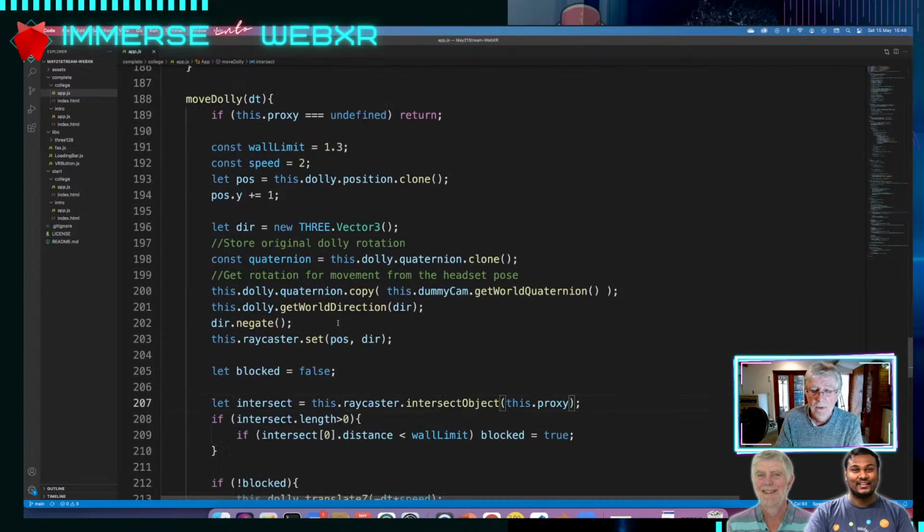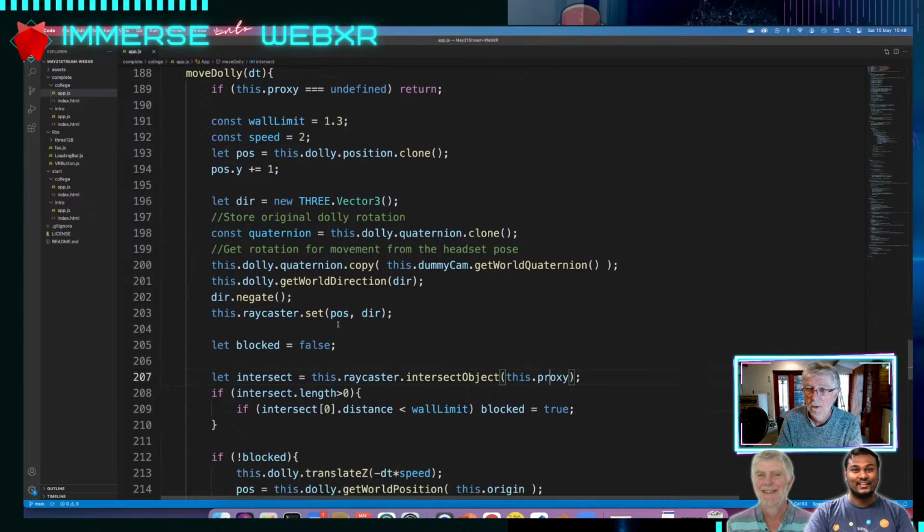So any movements like this in most of the games, is it through dollies, nothing else? Yes. And Nick, we have got one question. It's good to do raycaster.intersectObjects, object, comma, recursive true, if you have deep descendants that you want in the results as well. Okay, so it's like extending my previous question. Raycasting is one option, but I want